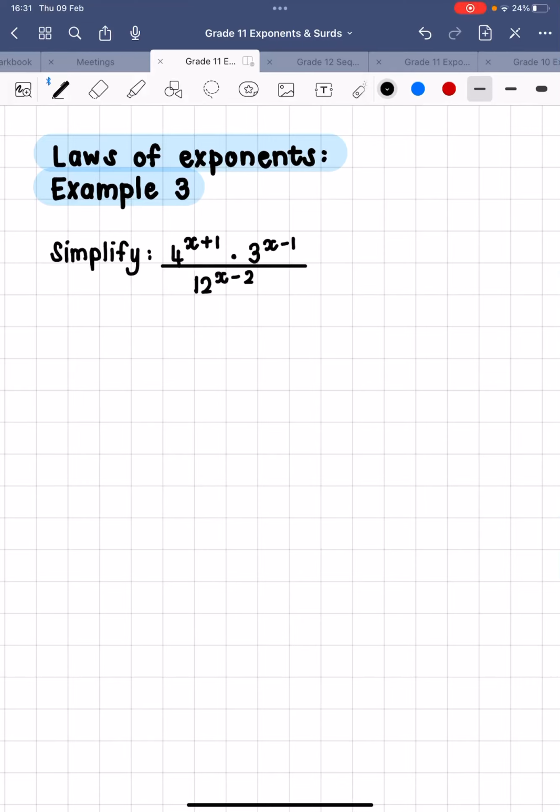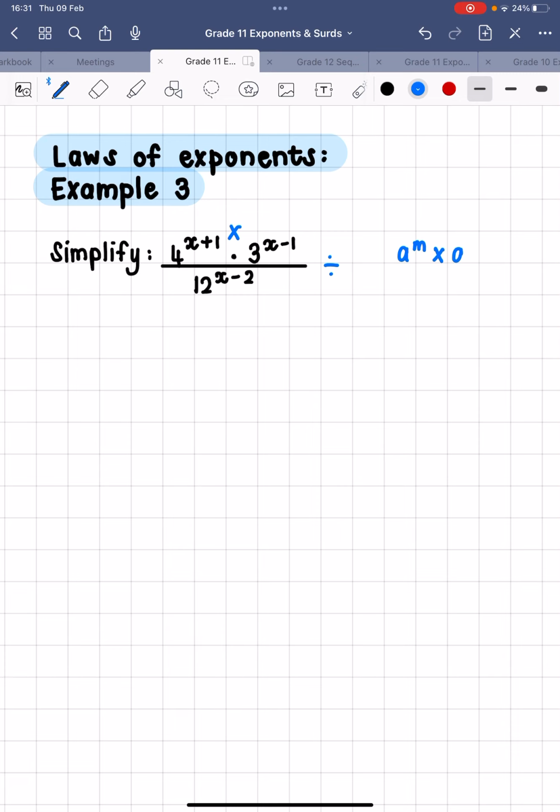Hello everyone, it's time for another law of exponents example. Today we are looking at this example where we have variables in our exponents and where I'm hoping we can notice that at the top of the fraction we are multiplying, and because we have a fraction that means that we are dividing. Now guys, whenever we are multiplying and dividing, we are going to look at two laws of